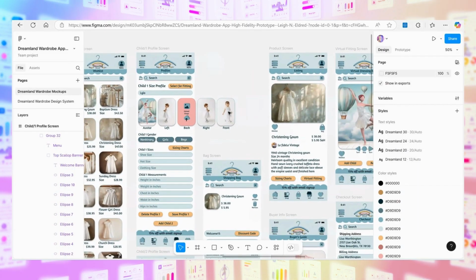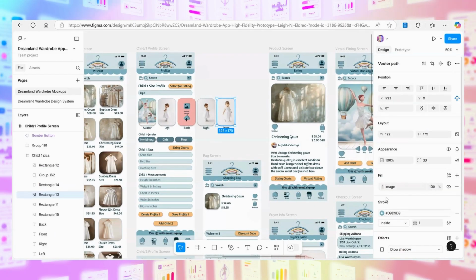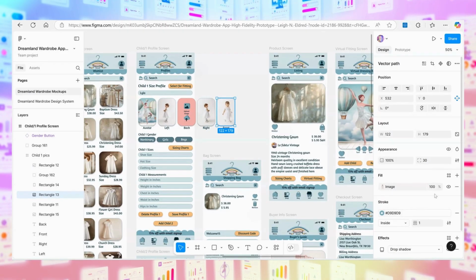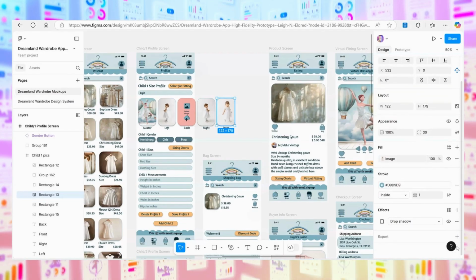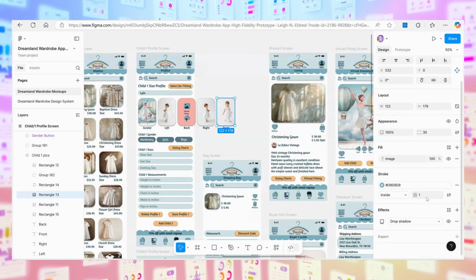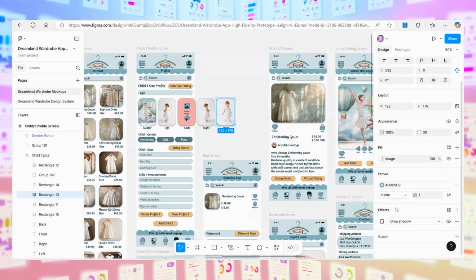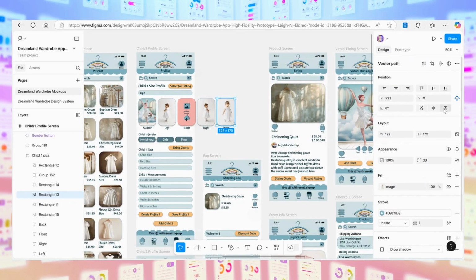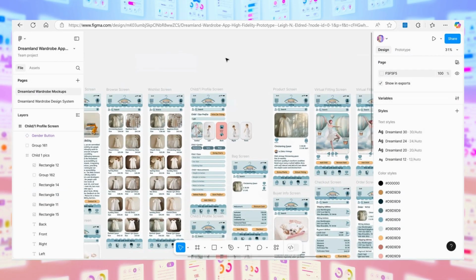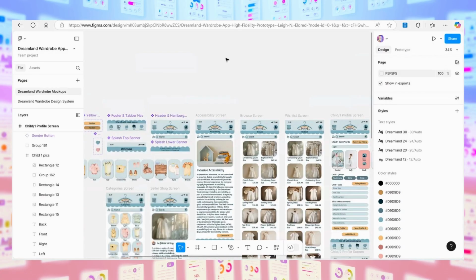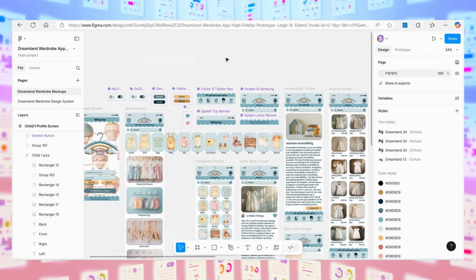So this little baby box here, that is when you click on it. So you make your little rectangle, and I filled it with an image. So the stroke is the outside line, and you can change how big if you want it to the inside, outside, how big you want it. I put a drop shadow on it. And I made the outside corners rounded, and you can set what degree you want that. You can really make any shape you want in these. You make your own buttons too. And you can make instances so you don't have to keep making them.